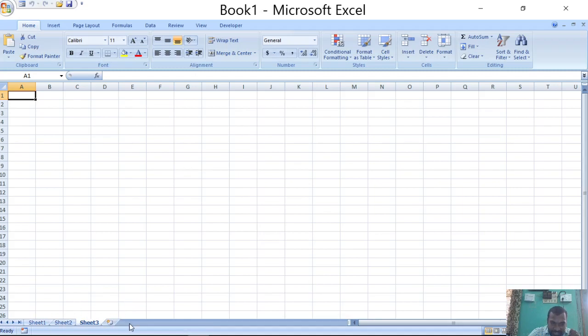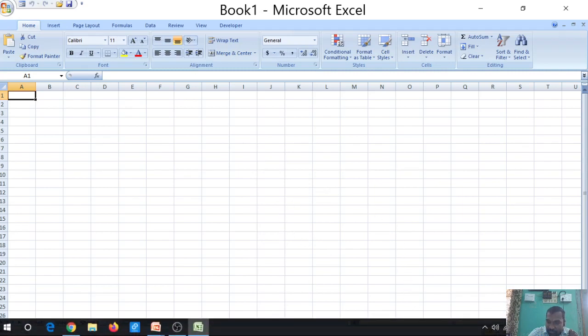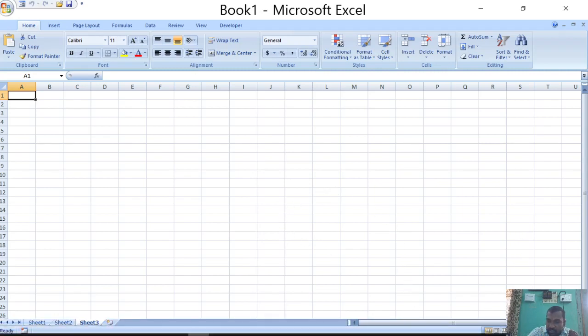This is the sheet tab and this is the status bar, where we can change the view: normal view, page layout view and page break view. This is the zoom slider to increase or decrease the zooming of the work area.